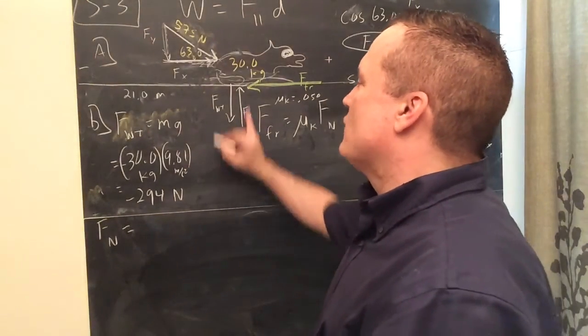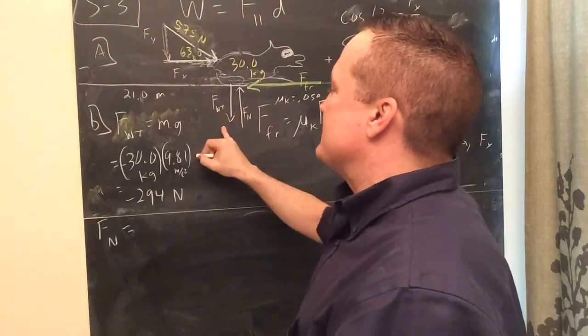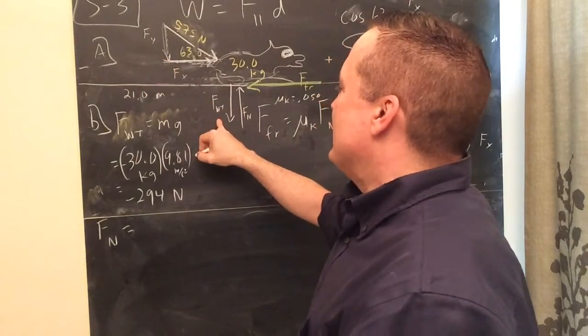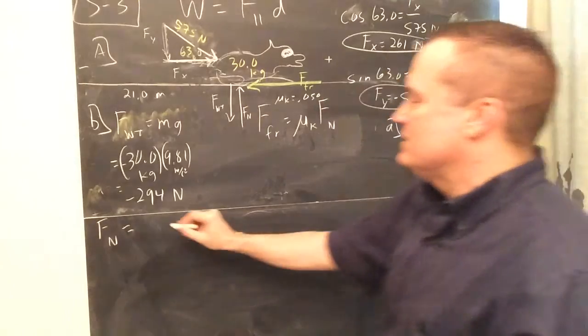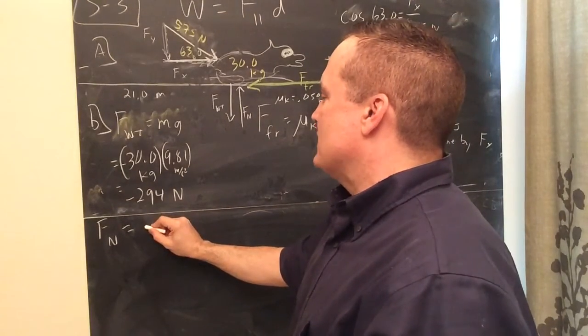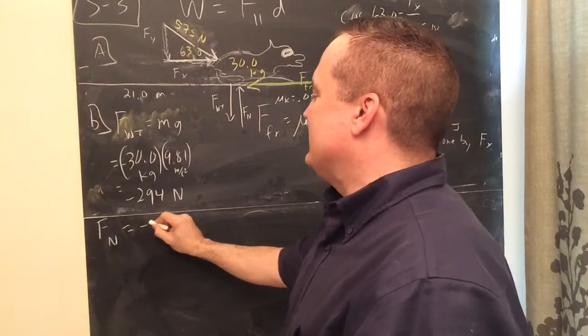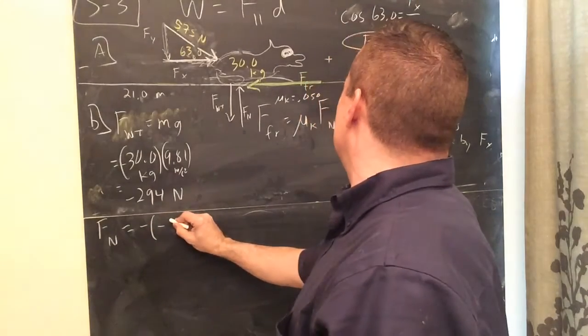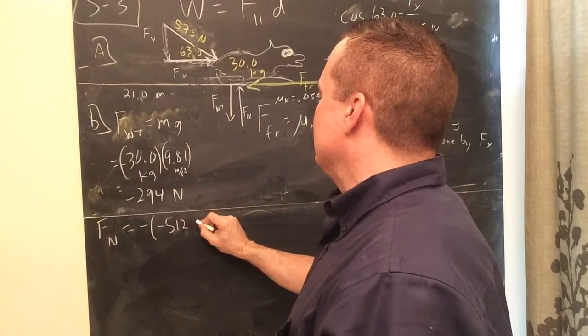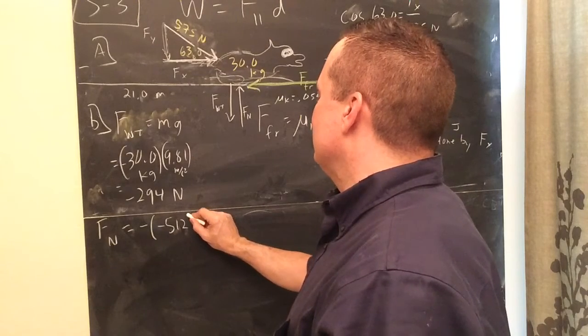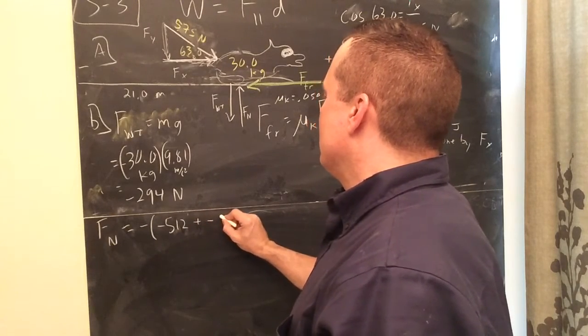The normal force is opposite but equal to Fy and F weight. Fy is actually negative 512. We know it's going downward. So the normal force will be the negative of negative 512 plus negative